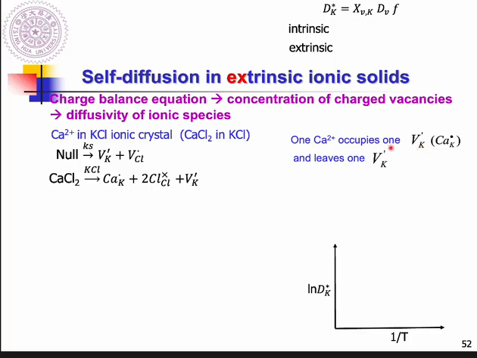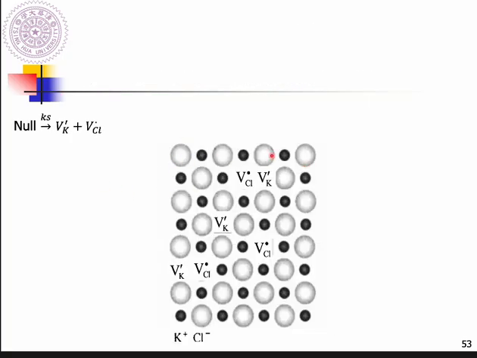So one calcium occupies 1 vacancy at the potassium site and leaves 1 vacancy at the potassium site. This is how it works. If you still don't have any idea, I have drawn a simple cartoon to represent it. We form some pairs of Schottky defects. And here we have 1, 2, 3 pairs of Schottky defects, and we dope the calcium chloride